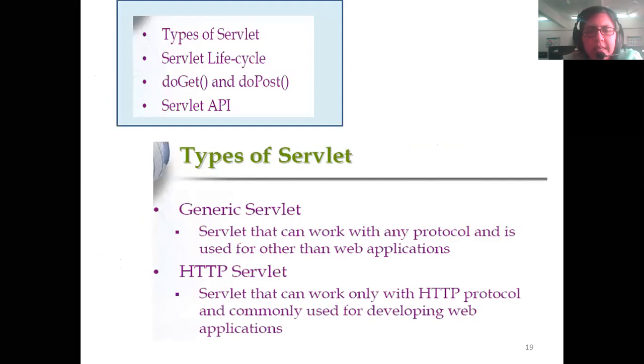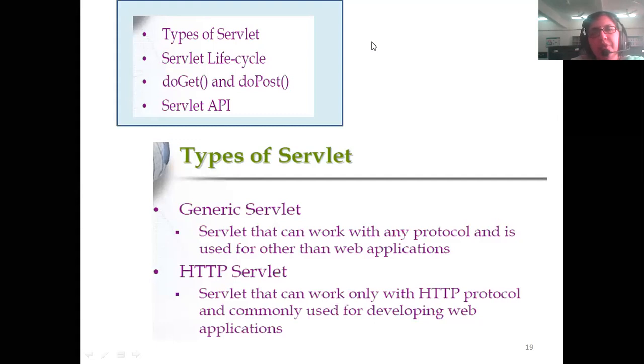Now we will see the two main types of servlets available. One is called the generic servlet and the other is called the HTTP servlet. Generic servlets can work with any protocol and are used for applications other than web applications.